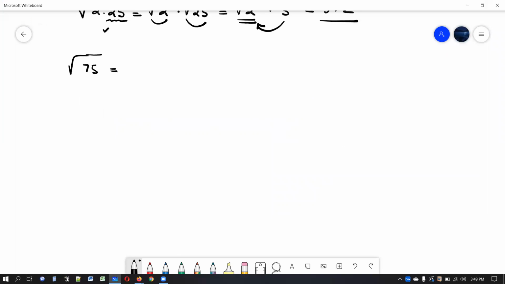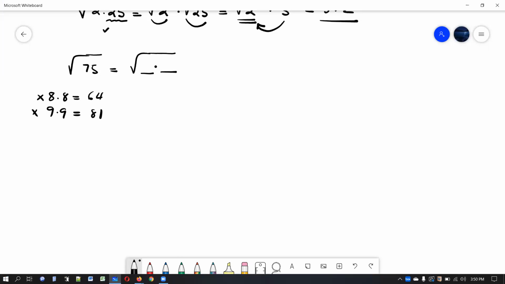Just as before, I cannot find a single number that gives me 75, right? So for example, if I try 8 times 8, that's 64. If I try 9 times 9 is 81. 75 is in the middle. So this doesn't work, that doesn't work. So what do I do? Well, I have to break this number. So how do I break this number? Well, I'm going to have to see if I can break it so that this times this is 75, but